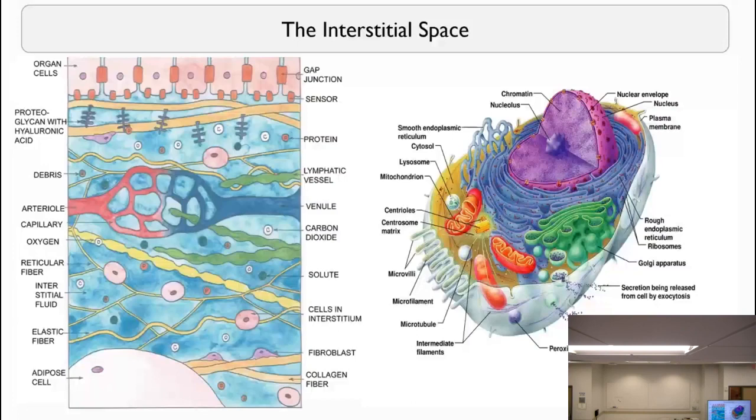No. There are many proteins and many compounds, organic compounds, hyaluronic acid, glycosaminoglycans, different glycoproteins, and that is another field of study. And that field of study is so important that many theories about diseases state that diseases actually start here in the interstitial space. When something goes wrong in this area,